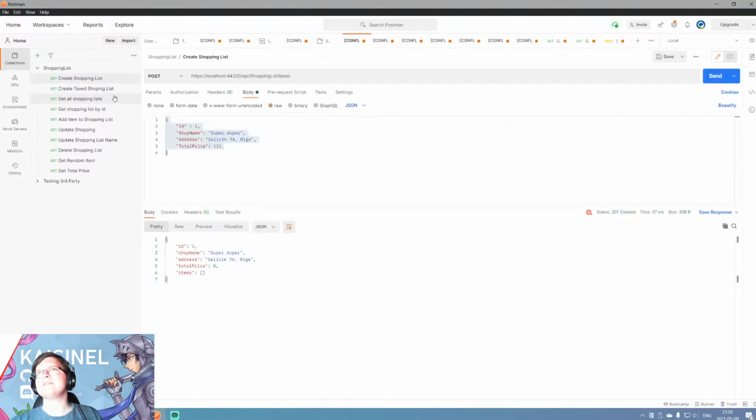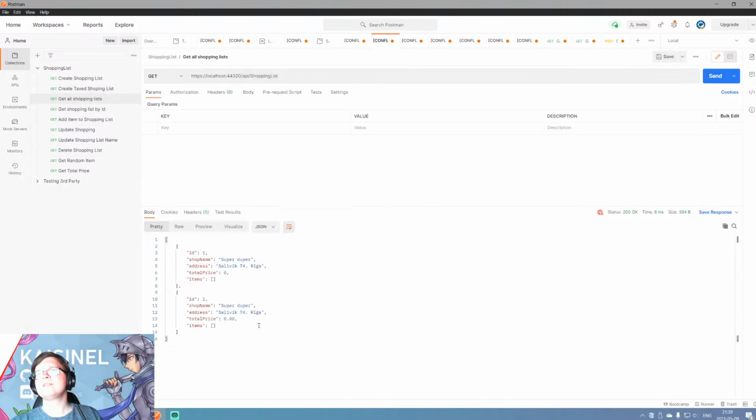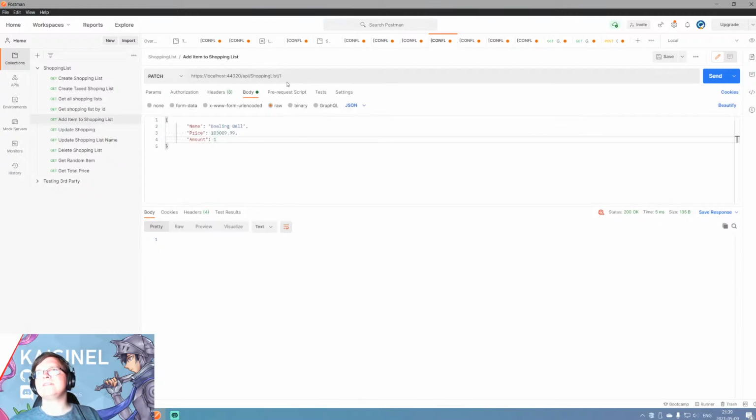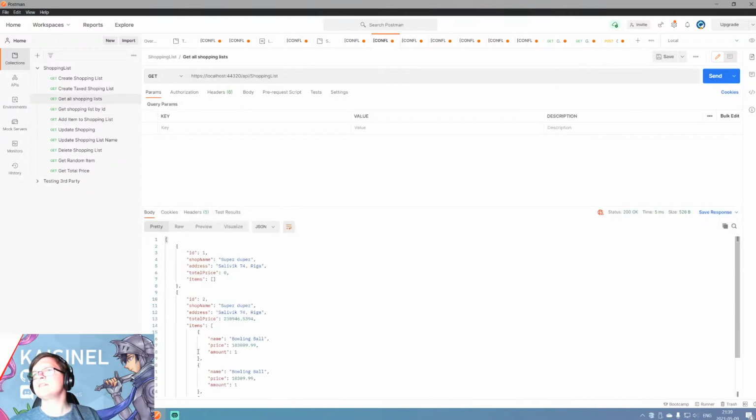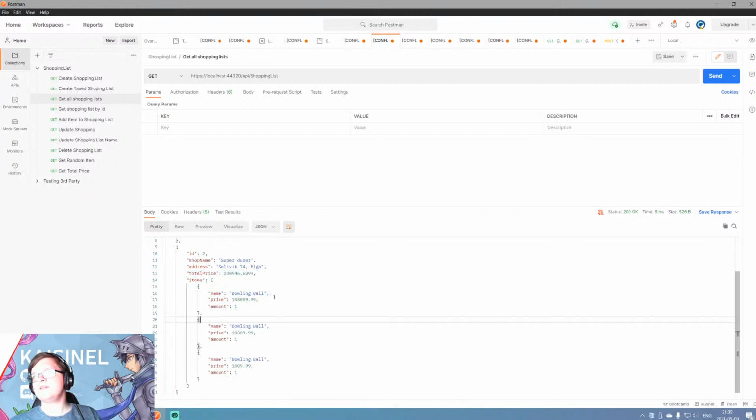Let's create a shopping list once again and just see if it works. So 0 and 0, that's fine. And let's add items to my shopping list. One item, another item, yet another item, and let's get all shopping lists. So you can clearly see how this item's price was doubled. Then this got 20% more, clearly. And then this got roughly 10% more. And it totals,